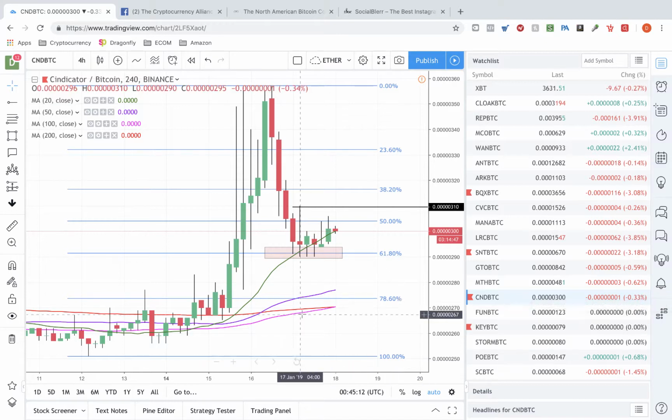All the MAs have crossed the 200, as you can see here. The 100 just crossed the 200. So that is a very nice sign that we're going to see some upside here, especially with the 61.8, the nice sideways rejection here, the huge run up, plus the